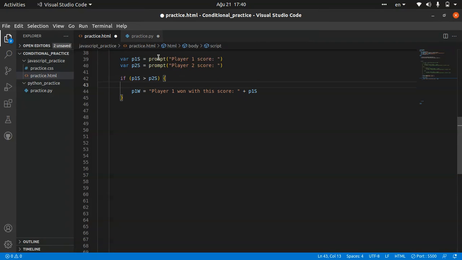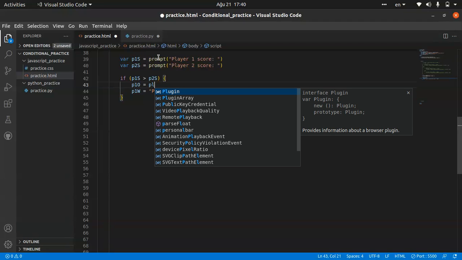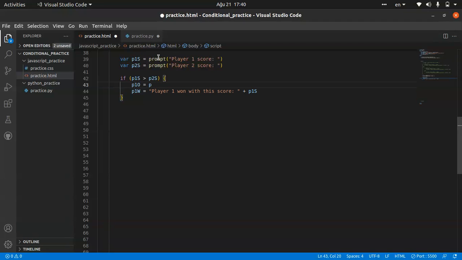Do you want to do it? So we can say player one operation. Let's say player one operation equals player one score minus player two score. And after that we can say player one won with this score and